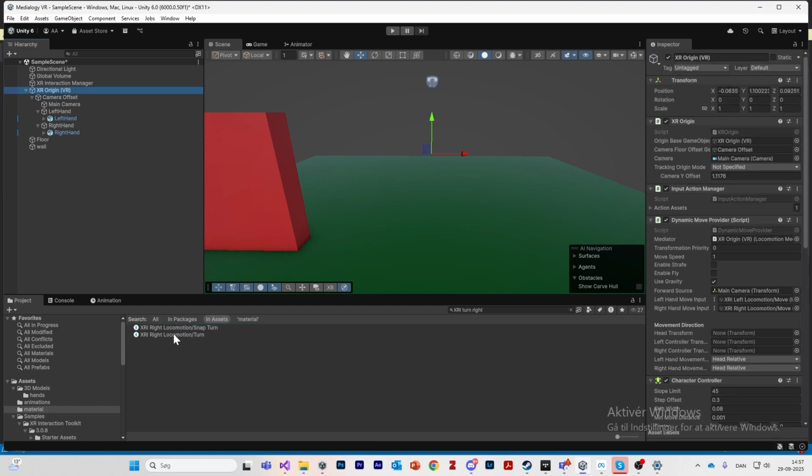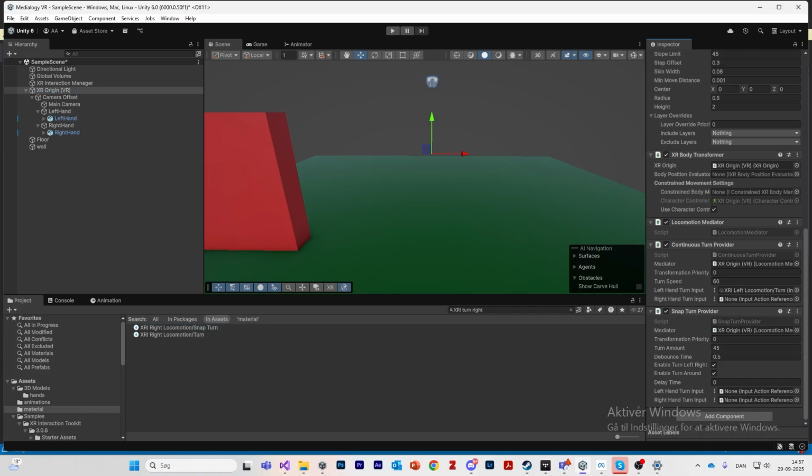So we're just gonna give the snap turn. Oh no! I need to scroll down. I need to go to the snap turn here for the right hand. So if I press play now,